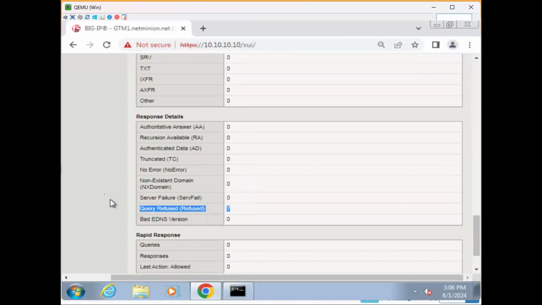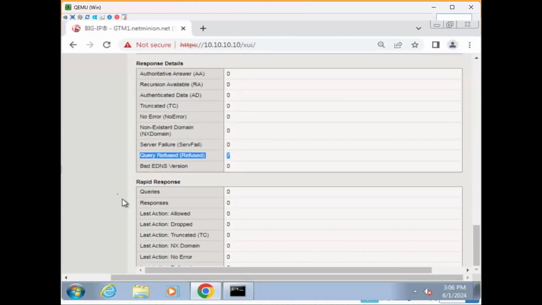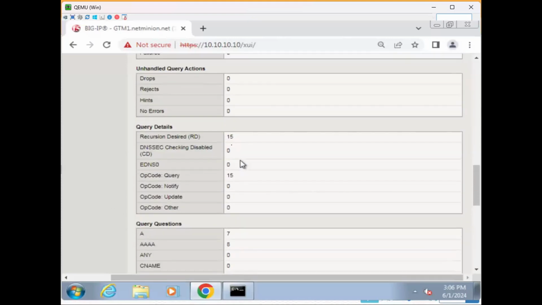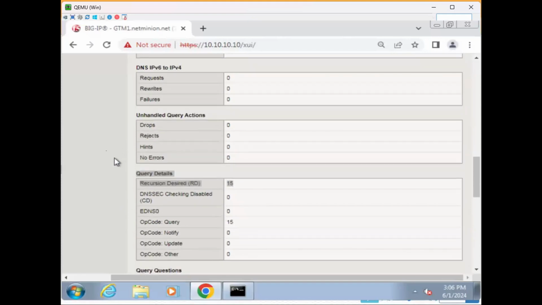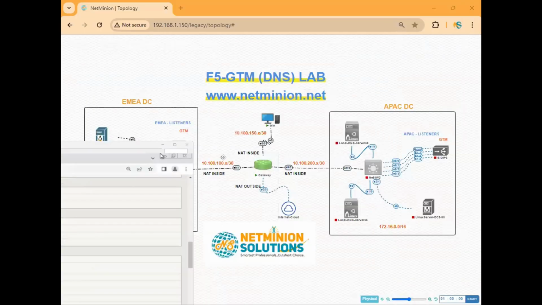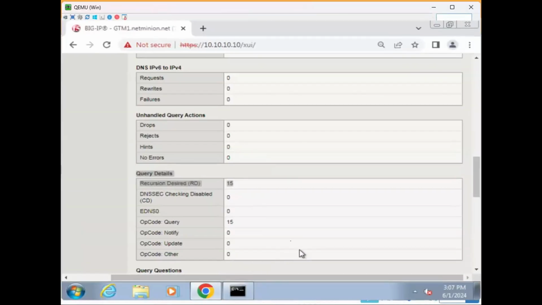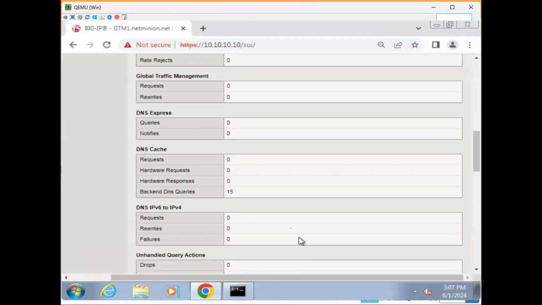So the query refused count is not increasing, but somehow recursion, see, it is increasing now, because it is sending the query. When the query goes to the GTM, the GTM tries to send it to the Linux server, but something is happening in between. Are you getting my point? I know what the issue is, but I am not disclosing it to you guys because I just